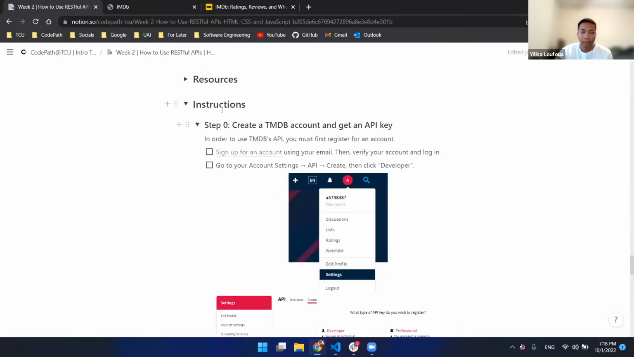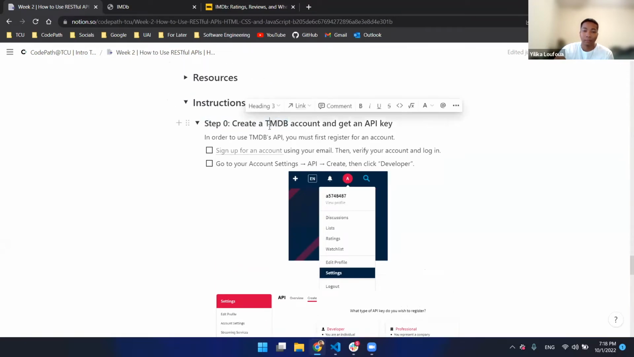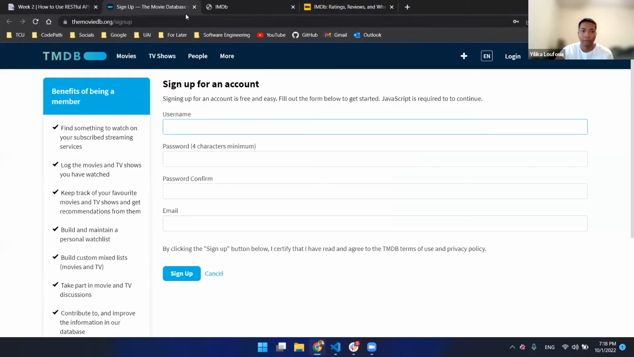So step 0, starting from 0 because we're programmers, you need to first create a TMDB account, which is the movie database account, and get an API key. I will put a link in the description to allow you to go to their website. So first of all, you need to sign up for an account using your email, and then verify the account,